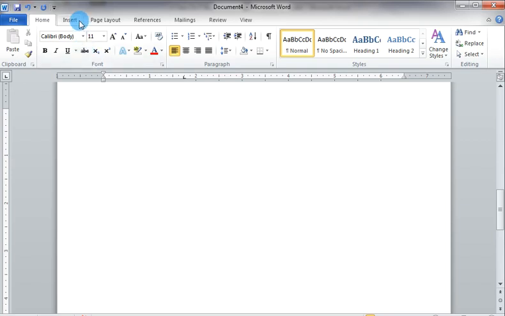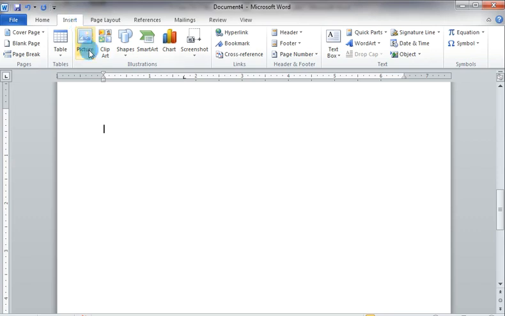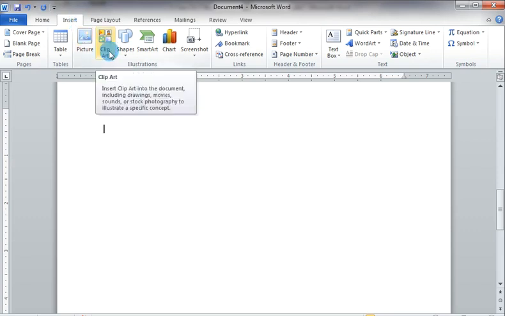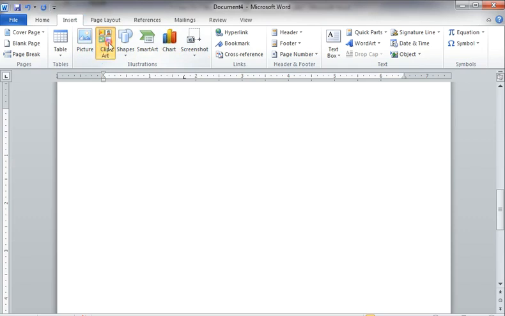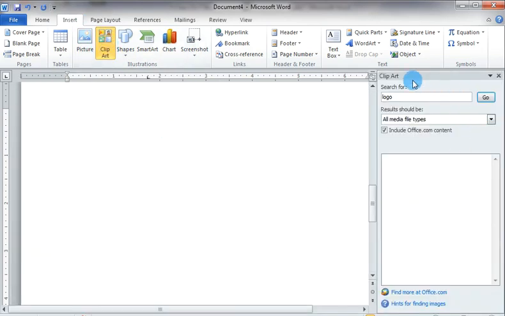click on the Insert tab, and then to insert clip art, click on the clip art command in the illustration group, and you can see the task pane appear on the screen at the right side of the document, and you can search the image by using a relevant keyword to the image.